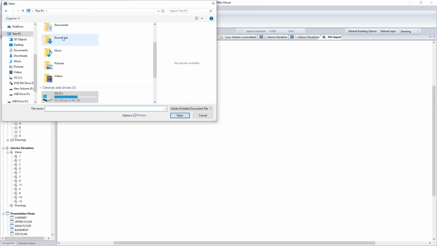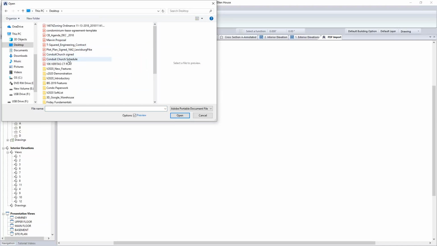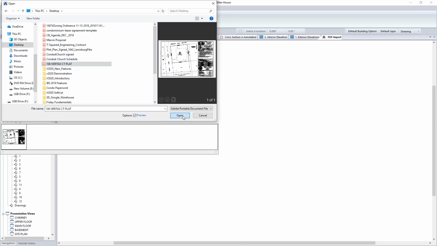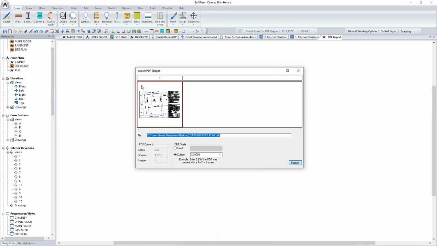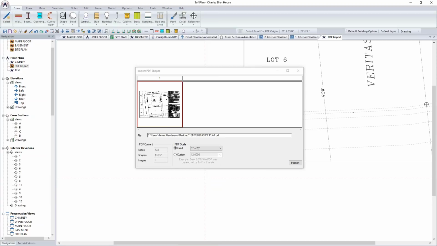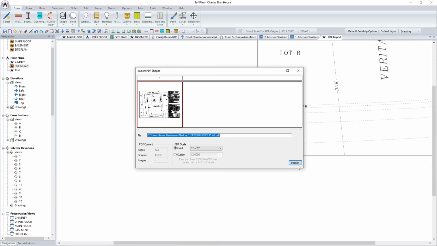in my case, my actual desktop, and here I'm going to select the PDF import for the drawing. And so when I do this, this is the PDF import right here that I want to have converted to shapes, and I'll even be able to go in at this stage and set the scale for what that should be importing as. In this case, I'm going to go with 1 inch equals 20 feet,